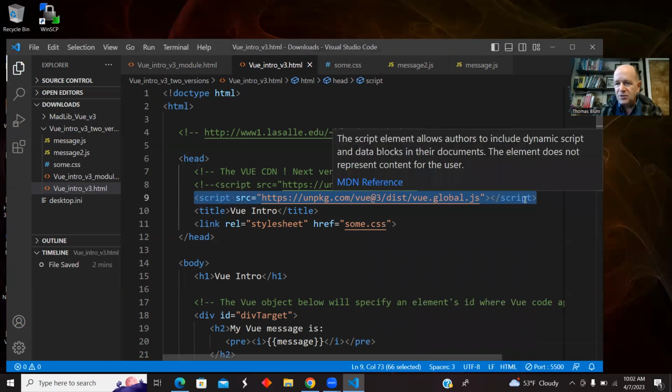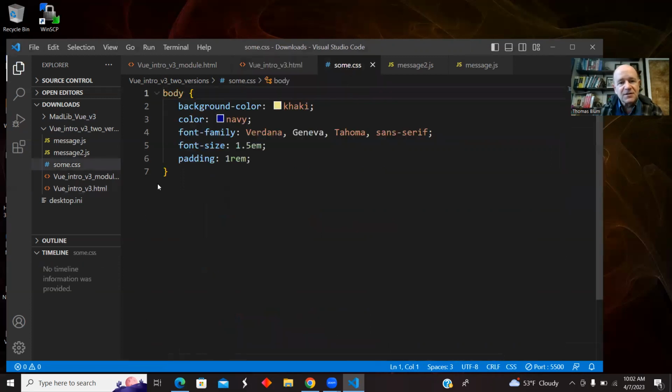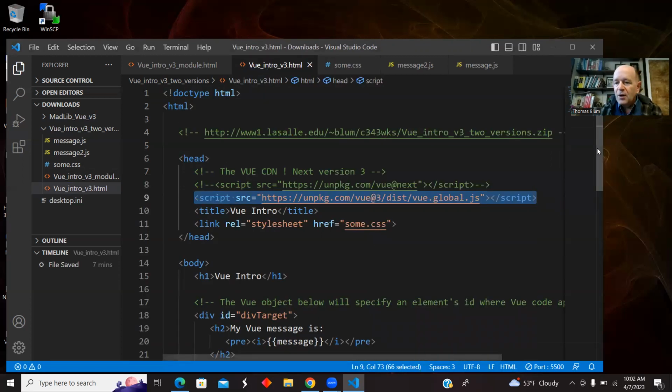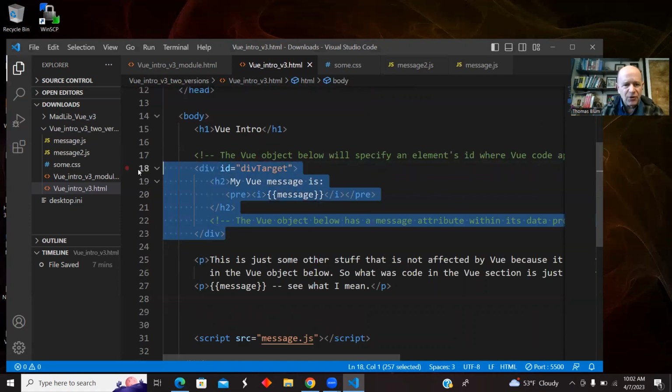So I'm just going up to the internet and grabbing that code that way. A title, I have some style and some CSS, not very much. Now here's my body. Here is a div, and this is the element of the page to which I will be applying the Vue code. So Vue gets applied to an element on the page, and that can be a region. It doesn't have to be